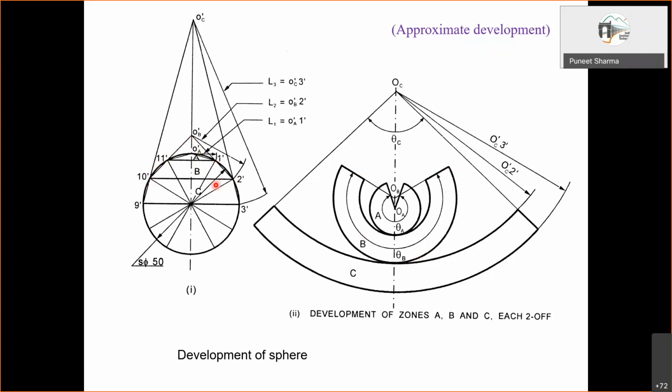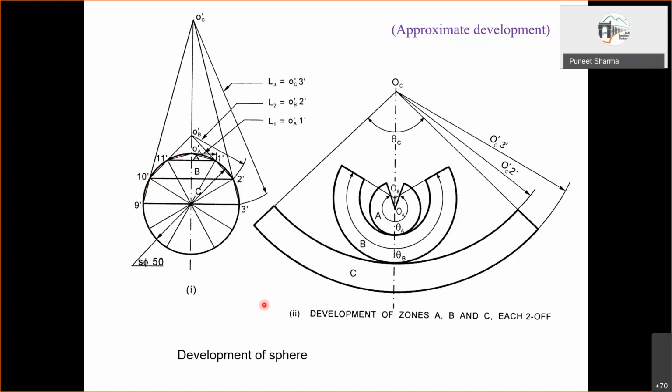Okay, and the top part like a cone. So this is developed like a cone. Okay, so this is the approximate development. So we need to join all this. First of all, we fold this part, so it will be representing the curved surface of this part. But this is again approximate because you see here this curvature we could not accommodate. This curvature we actually have lost, right? The same is happening here and here. But approximately we'll be attaining the shape of the sphere by joining all these three.